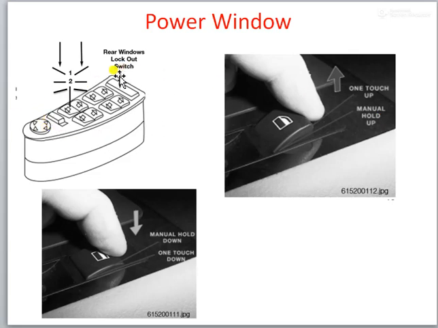This is a driver side console which has 4 buttons, 1 2 3 4, each of them having 4 positions. What are the 4 positions? This is the first position, this is the second position, this is the third position, this is the fourth position, and this is the default position, upward. Each button is for each window. This is for the left side rear window, this is for the right side rear window, this is for the driver side window, and this is for the co-driver side window. Up for closing, down arrow showing for opening.